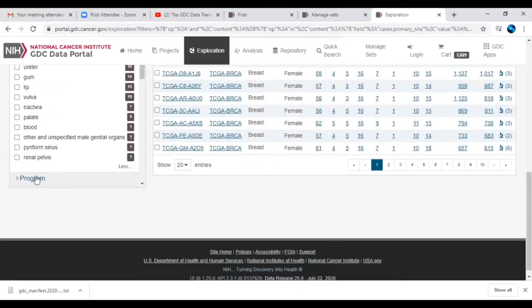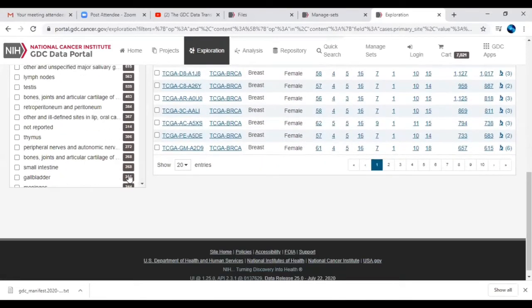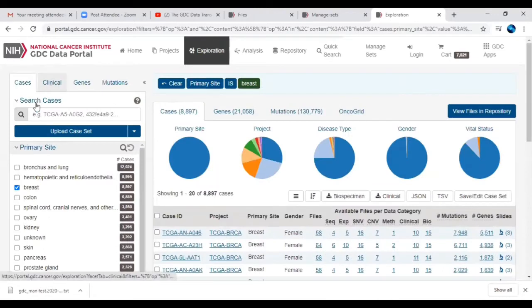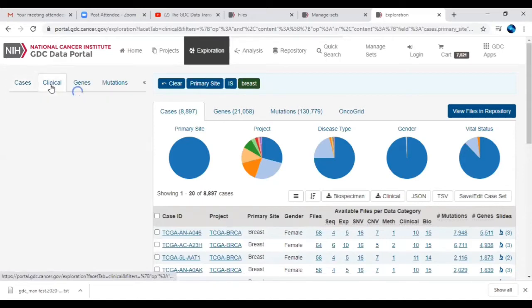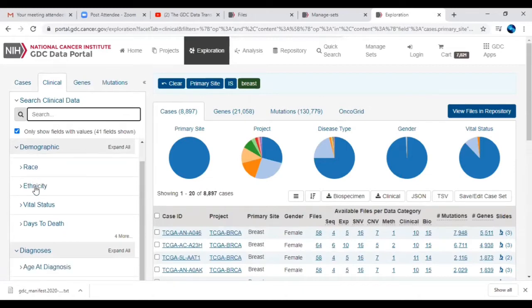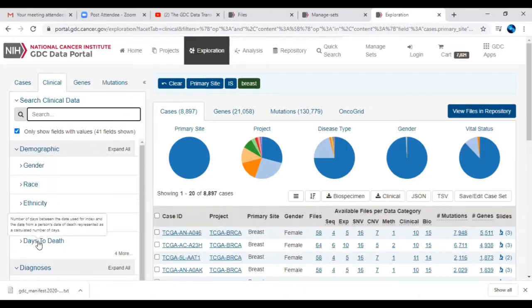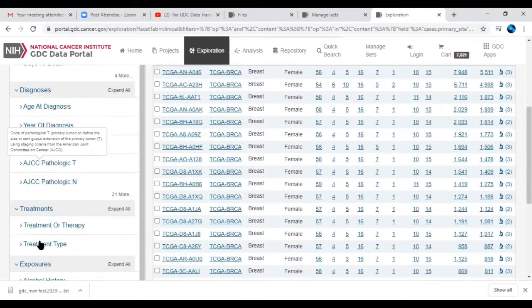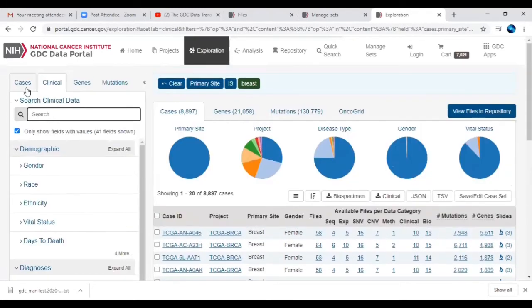So these are the cases which are available, and here the clinical data is there. If you want clinical information directly, you can see what type of clinical information they have saved.